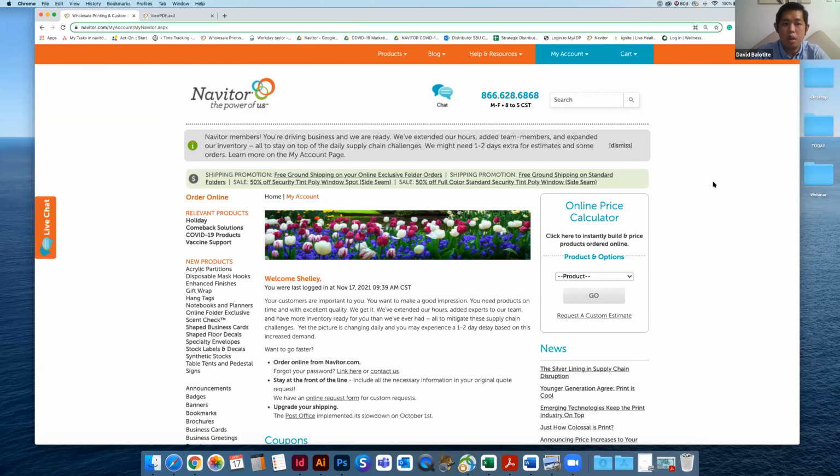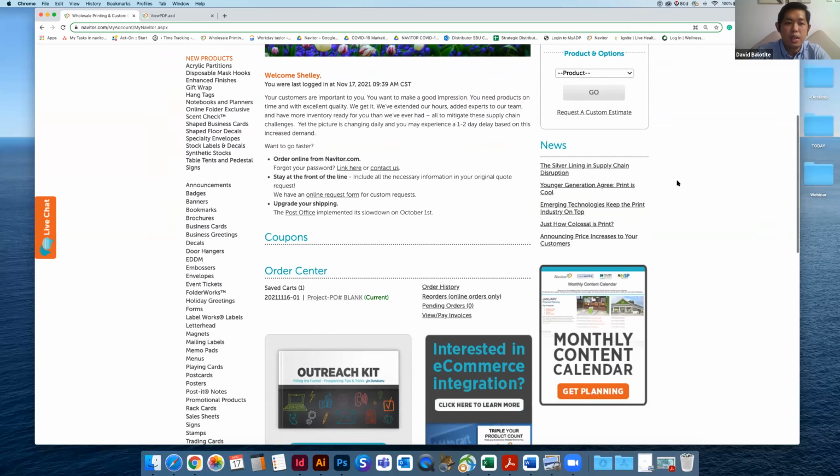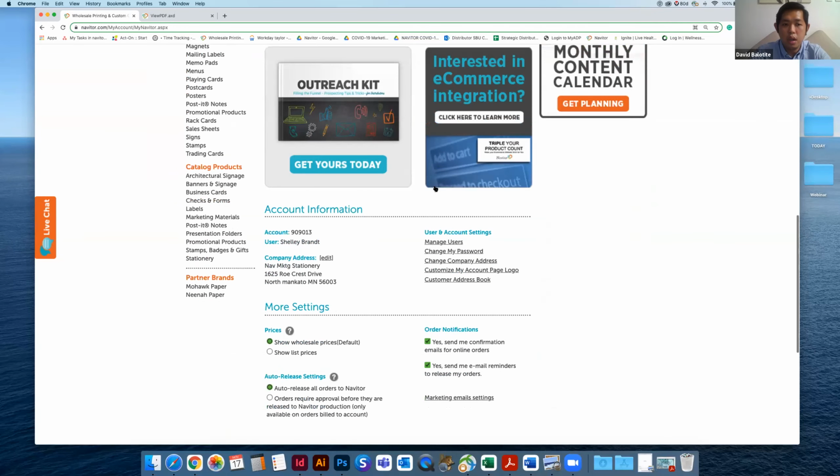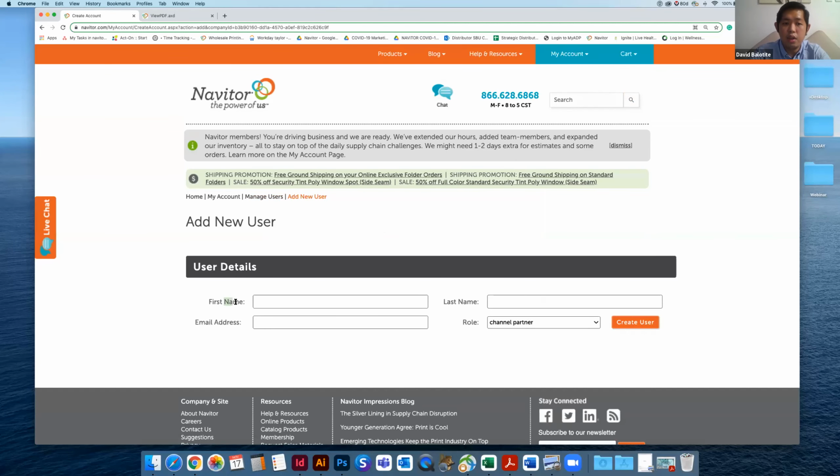This page gives you a lot of functions, and we'll run through all of them, at least most of them. So in the account information, first up that I'd like to discuss is manage users. This tool is pretty cool. It allows you and your employees to have individual login access to your account, and adding another user can't be easier, as you just need their full name, their email address, and their role, which is either the channel partner